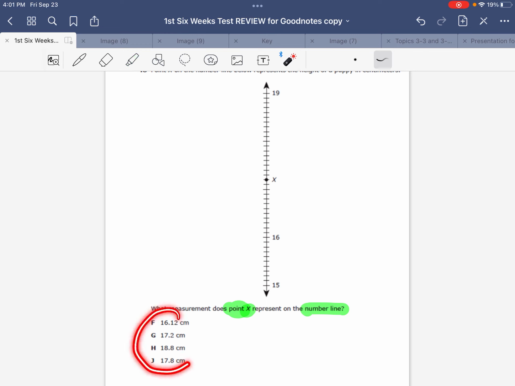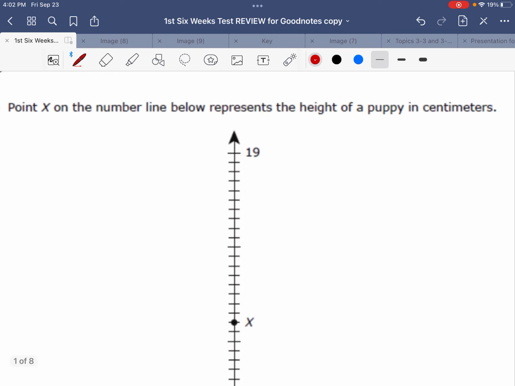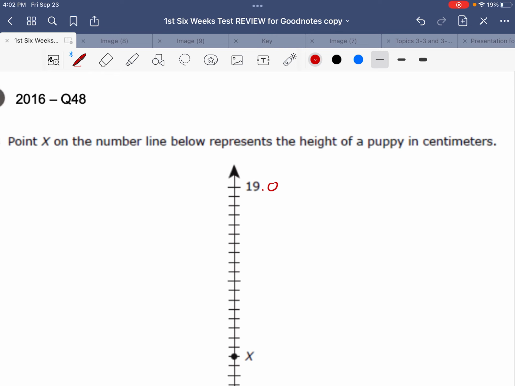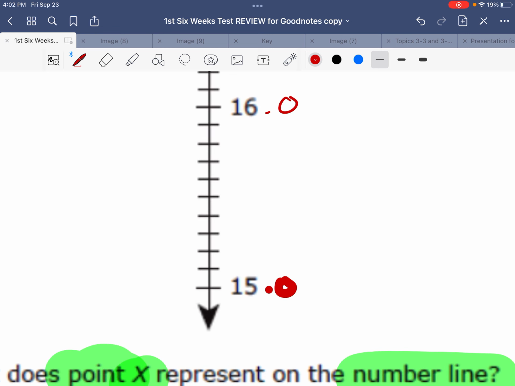If I look at my answers, they have decimals. So I know this is going to be in decimals. So I can already say this is 15.0, this is 16.0, this is 19.0. So I'm doing decimals. So if this is 15.0, I can say, okay, this is